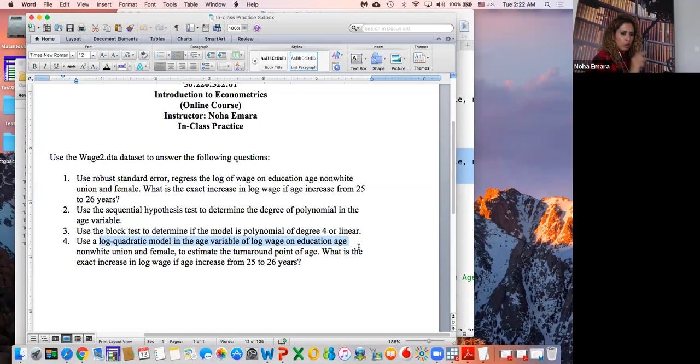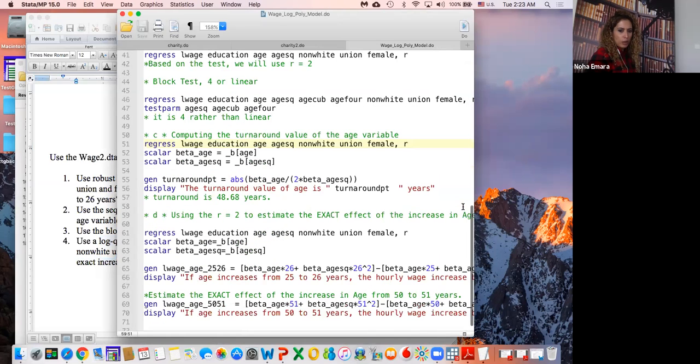So I'm going to use the log quadratic model, which we have already checked is the best fit we have. And we want to compute the exact change or increase in log wage if age increases from 25 to 26. Okay, so to do that,